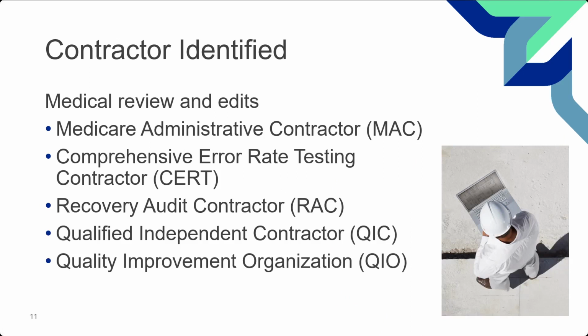The next one that I'd like to talk about as a contractor is the Qualified Independent Contractor, or the QIC. So when I talked about the MAC, I said we do a level 1 review. The QIC does a level 2 appeal review. So if an overpayment occurs, they're the same contractor that looks to say, hey, I still don't agree I owe this money. Level 1 said I do. Do you agree? That's the QIC. They'll also, though, look at different appeals issues, and they may take money back. They may say, hey, this is overpaid based on this, this, and this. Therefore, take this amount of money back. So the QIC can create an overpayment.